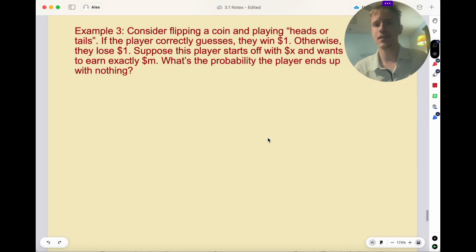Hey math fans, in the last video we took an in-depth look at a problem called the secretary problem. We're going to conclude this section with one more example, and then we're going to introduce a little bit about independence. So, let me just remind you that the formula to find the probability of an event can be written